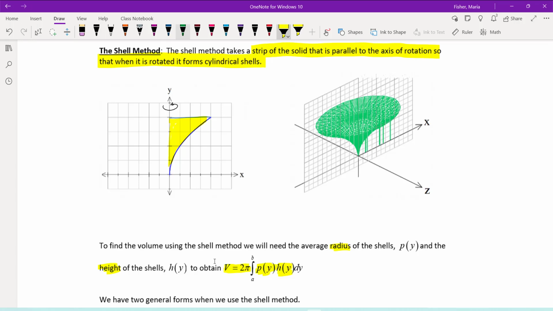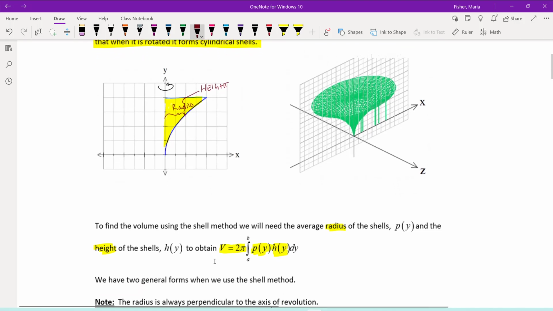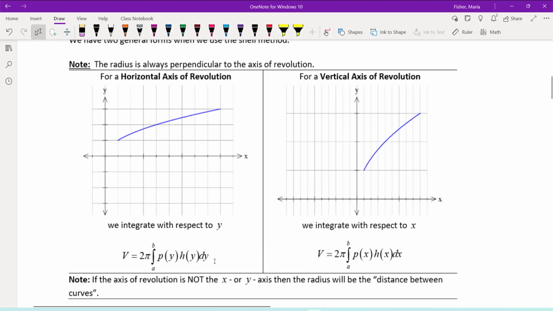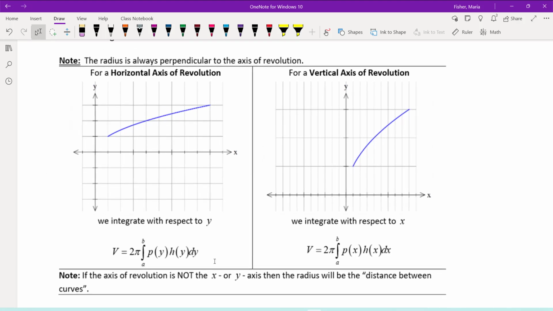If you're looking at this picture here, basically your radius is still going to be perpendicular to your axis of rotation. So you're going to go out some units for a radius, and your height is parallel to your axis of rotation and is inside that yellow region. In this case, it would be right there. That would be your height. Let's take a look at the two general formulas for the shell method,